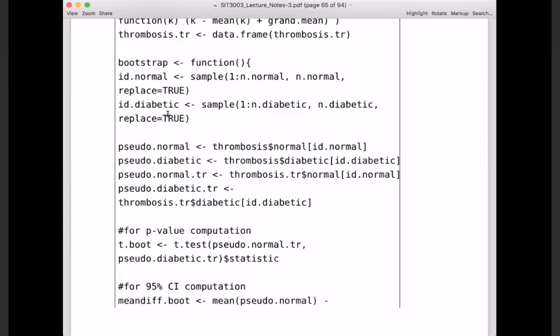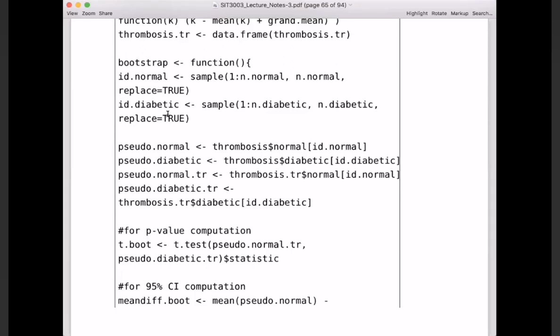Because here we want to compute two things. One is the p-value from this test. The other is the percentile bootstrap, where the statistic of interest is the sample mean of 1 minus the sample mean of 2. In this case, the sample mean of normal subtract the sample mean of diabetic. So there are actually two things that we want to compute here, and to do this more efficiently, instead of